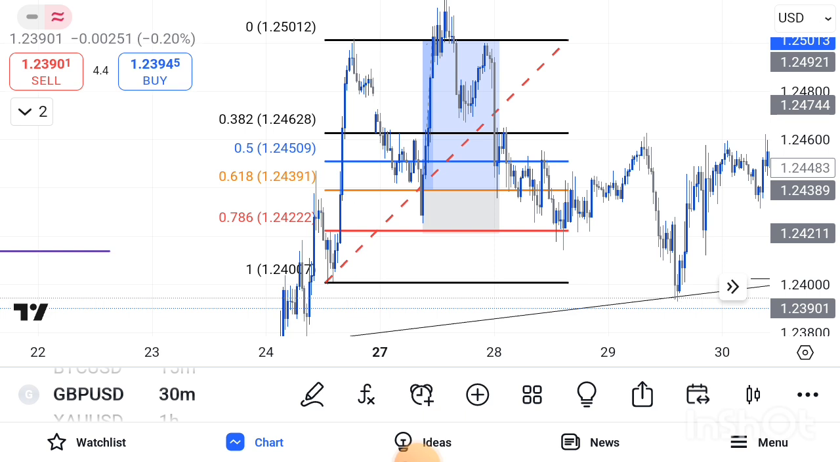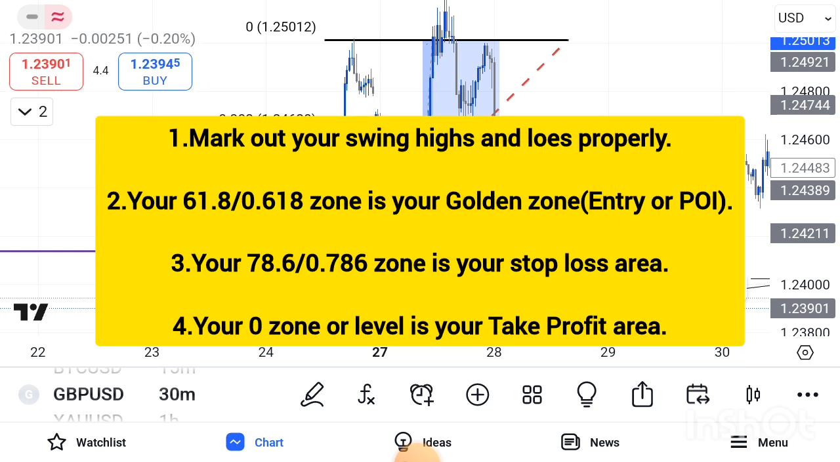That is my point of interest using the Fibonacci tool. So that is the golden zone. Orange color is the closest to gold, so that's what I'm using. So you can see